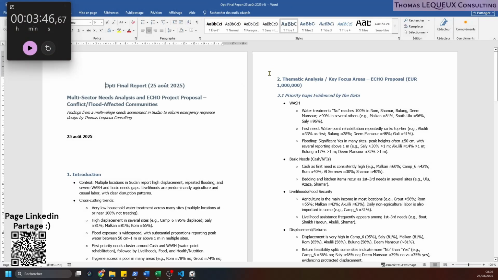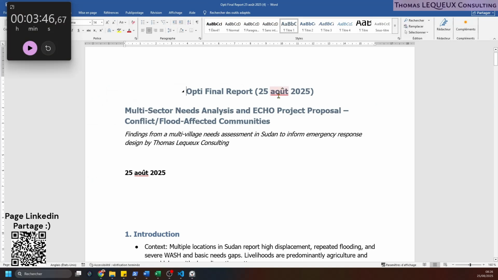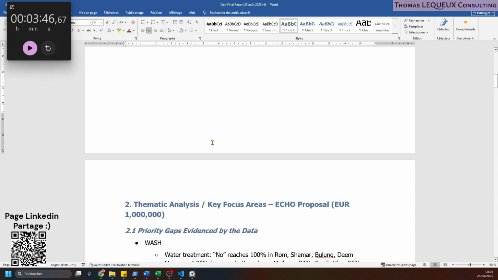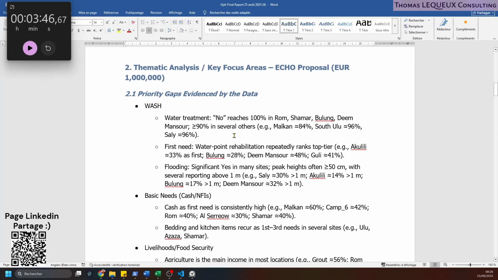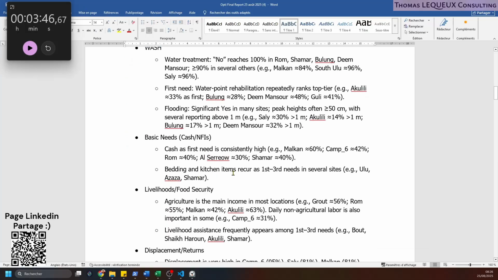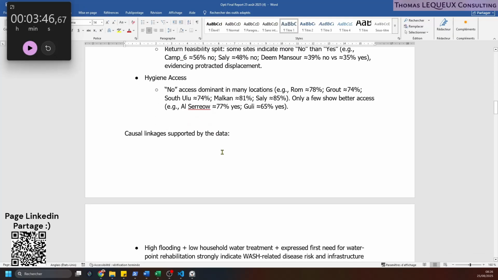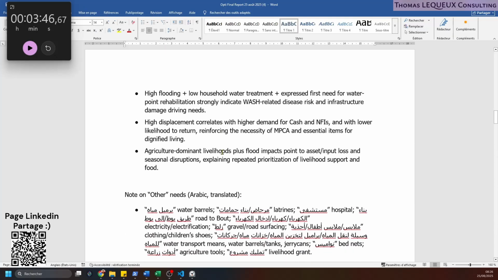And at the end of the process, Opti generates a Word report automatically saved in your download folder. This document includes an AI proposal tailored to the orientation you defined. In this case, I requested a 12-month project proposal with a budget of 1 million euro. The report presents